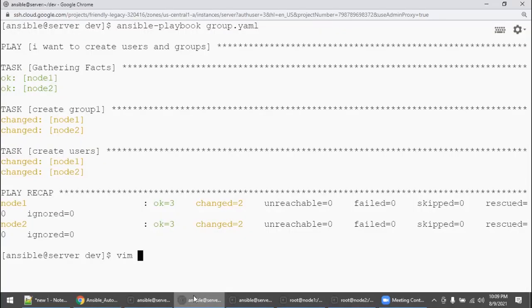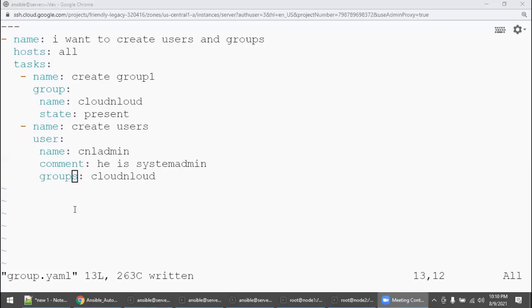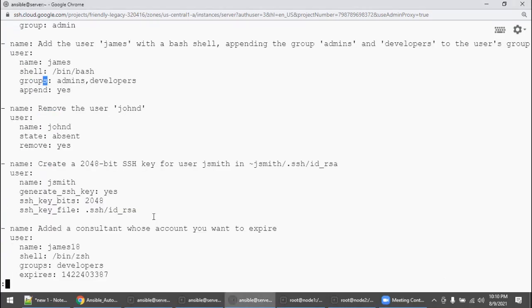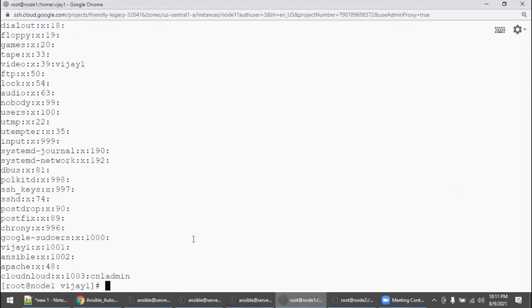Let's accept, vim group.yaml. Okay, so I changed a small thing. Instead of group, I added groups, right? These are all small things you need to add. So I added groups. So when I made groups, automatically I executed